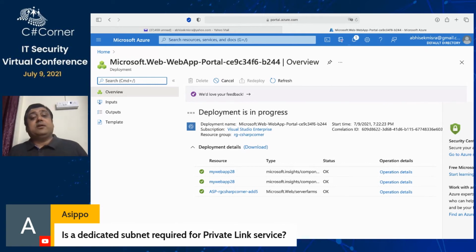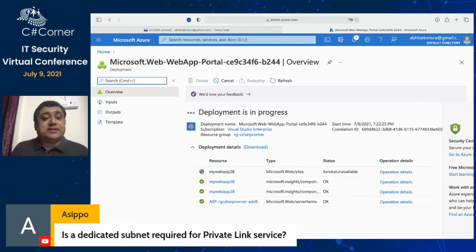We can do it only when we have a delegated subnet, and we are creating our web app inside that delegated subnet. And we define a network security group on the outbound traffic. Then only will you be able to control the outbound traffic. Personally, you can have both.